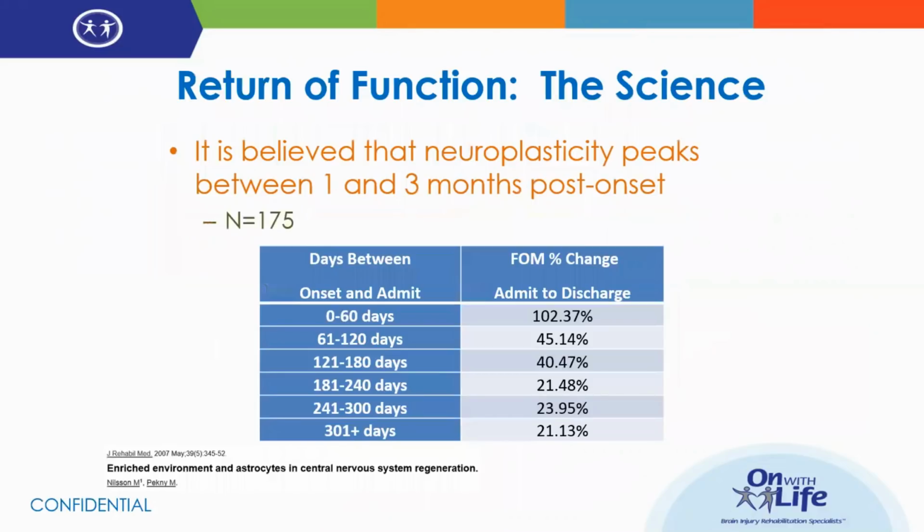This is just a quick slide that looks at some of our outcomes in our stroke program, and talking specifically about the timing of neuroplasticity. It's generally believed that these growth factors and the priming of the brain for neuroplastic change following stroke peaks somewhere between 1 and 3 months post-onset. So this is just some data from 175 individuals who have come to On With Life with stroke, and it looks at the timing of